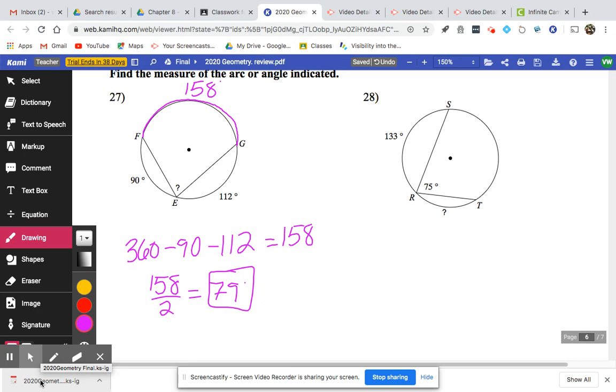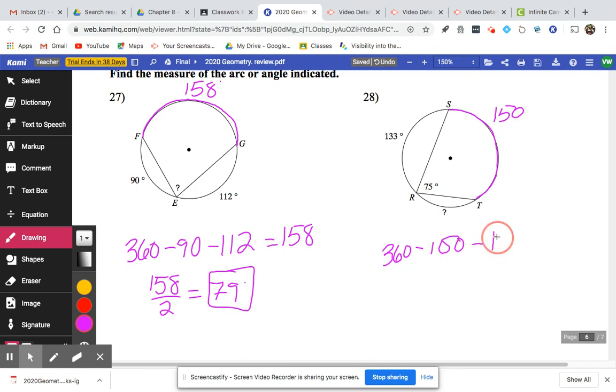Number 28. This one actually isn't really that involved. I can find this arc right away. I just take 75 times 2, and I get 150. And that gets me the purple arc. To find that little chunk, all I've got to do is take 360 minus 150